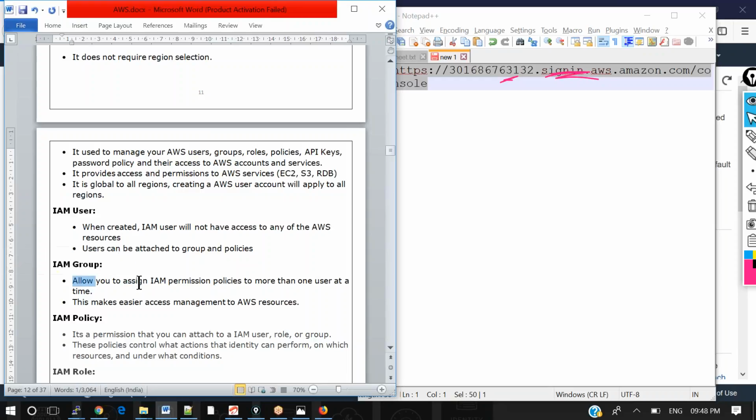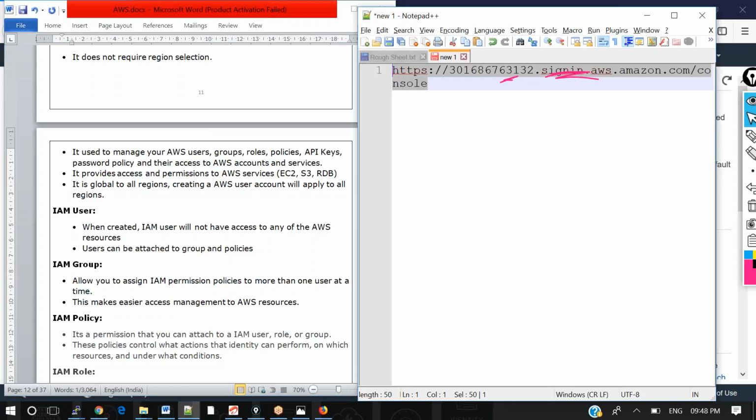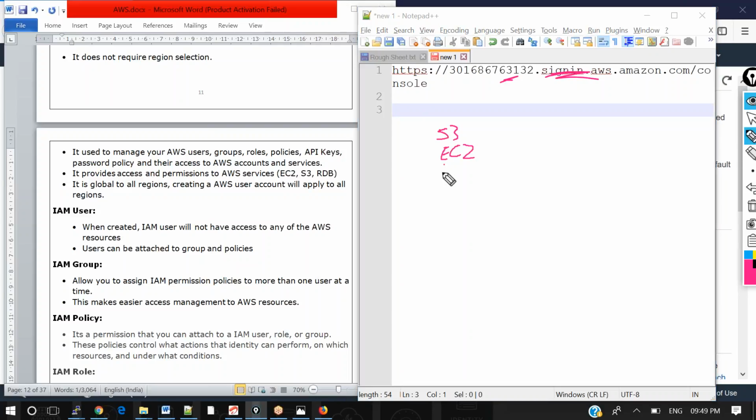A group allows you to assign IAM permission policies to more than one user at a time. Now here I have these many services: S3, EC2, RDS, let's say CloudWatch, CloudTrail, VPC and so many things.